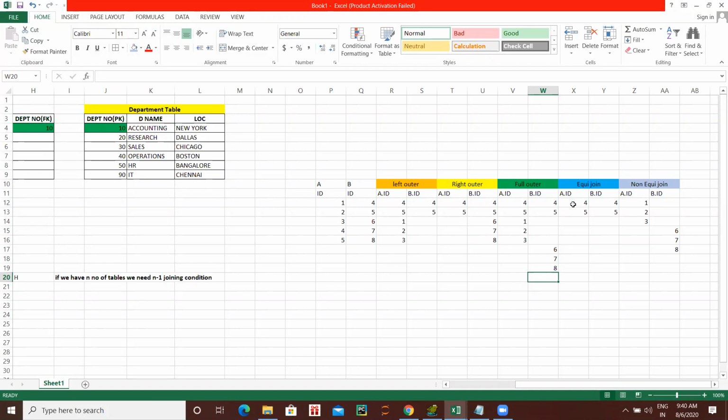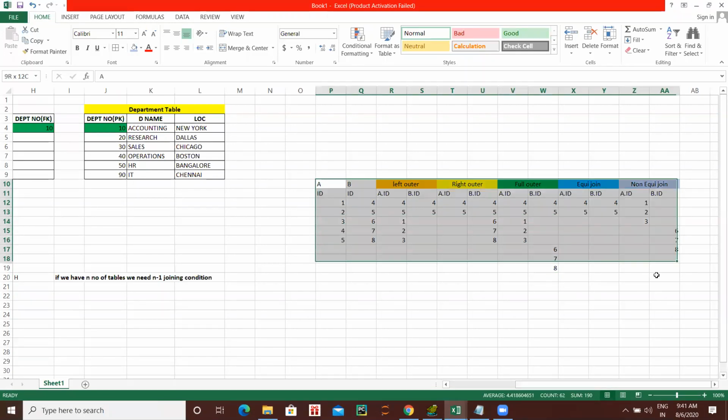Clear? See, this concept you have to practice more and try to print in your mind. And this is the exercise for you. Whatever I have explained to you in the Excel, implement that in the database. Create a table A with column ID as a number and insert 1, 2, 3, 4, 5.